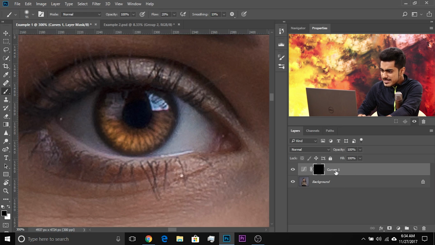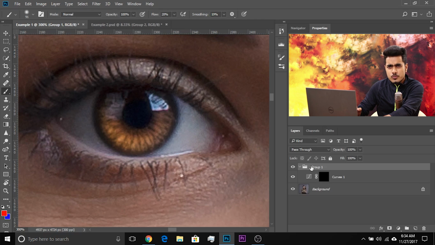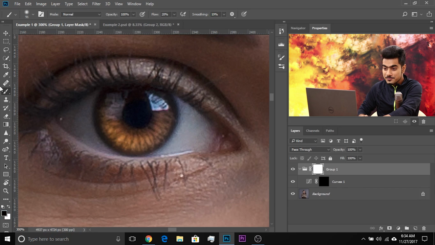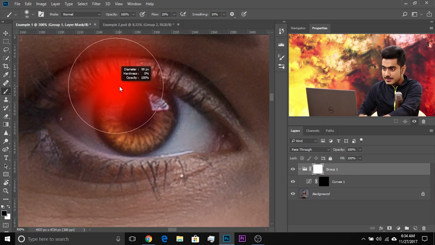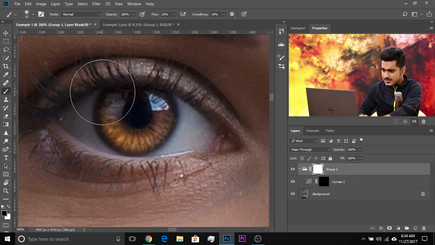Alright, now let's keep this curves adjustment layer inside of a group, right? Why are we doing this? Let's do it. Control or Command G. Because a group can also have a mask of its own, right? Now, if you go ahead and create a mask for the group by clicking on this mask button, take the brush, and in this mask, you erase the sides like that. So make sure the flow is low this time around as well, and just click a couple of times, draw a couple of times over there. Not too much, just a little bit.